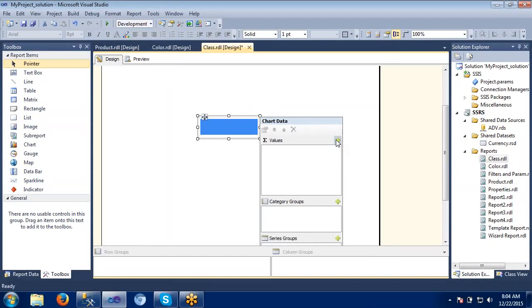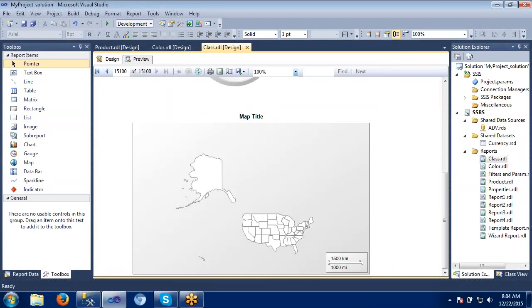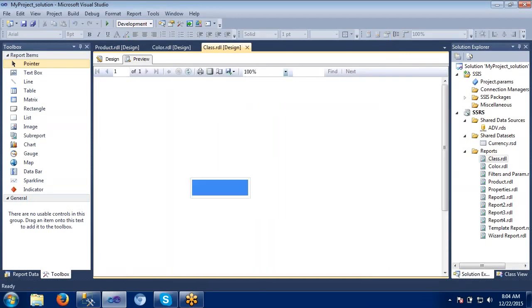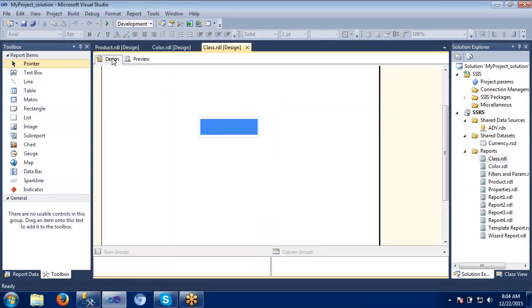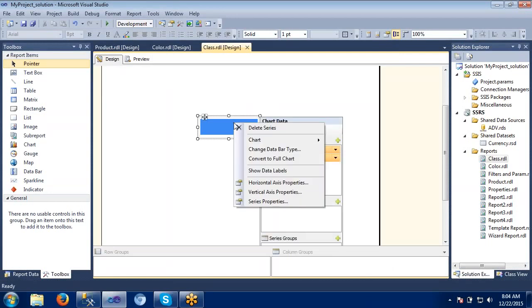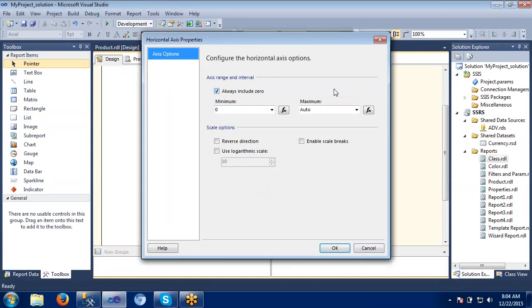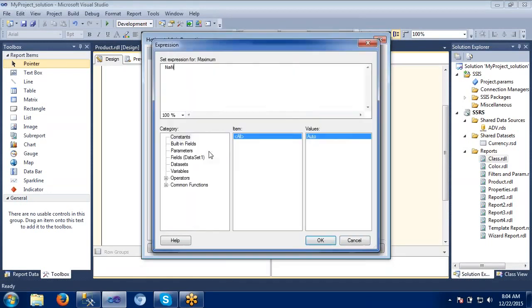I'm just adding the sales amount here. Let's preview it here. So it doesn't show that much, right? So let me open the horizontal axis properties. We can make use of this one, auto. Very many options are available. Data set.